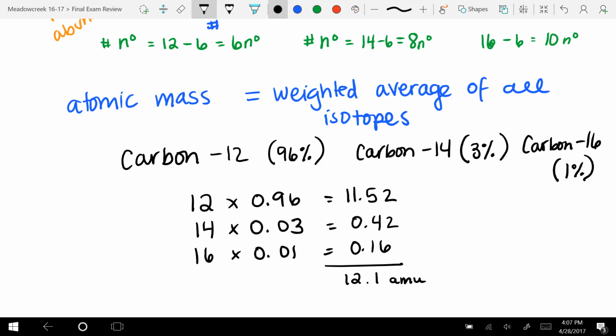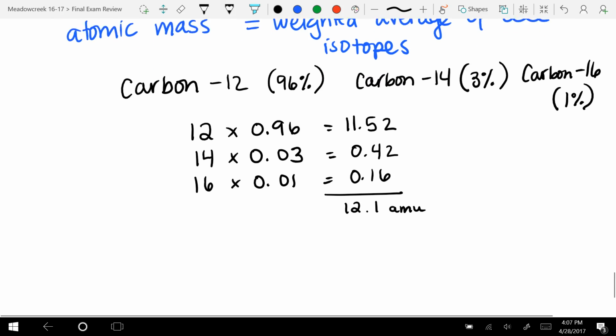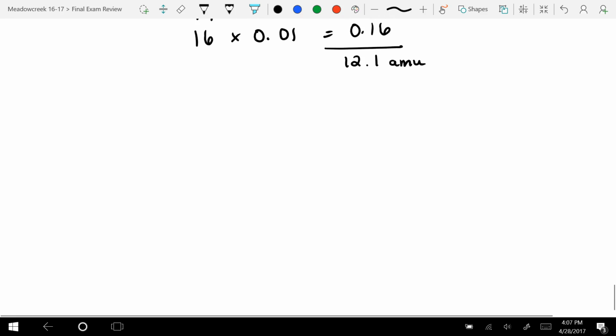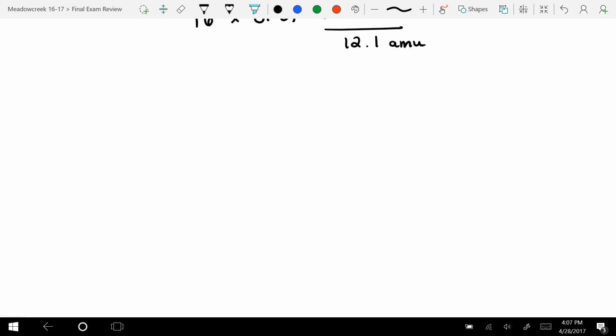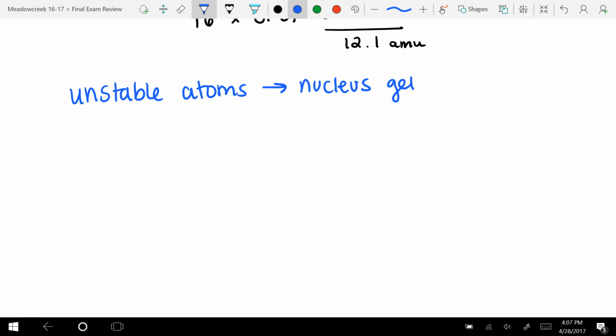So let's also talk about how neutrons affect nuclear stability. When atoms are unstable, this usually happens when their nucleus gets too big. And you're like, well, what do you mean too big? Well, if I have